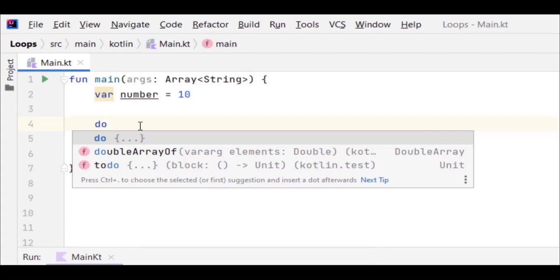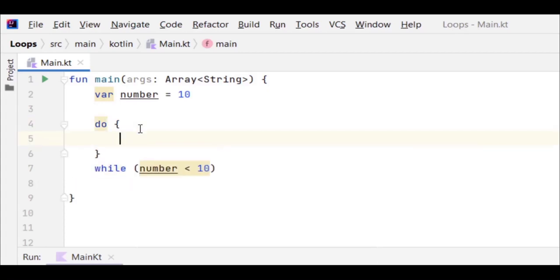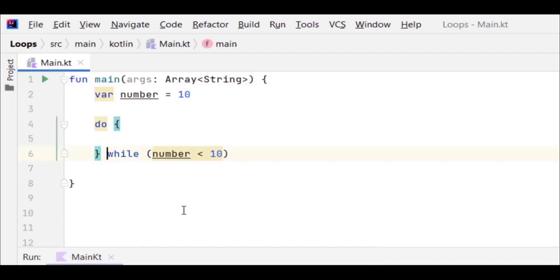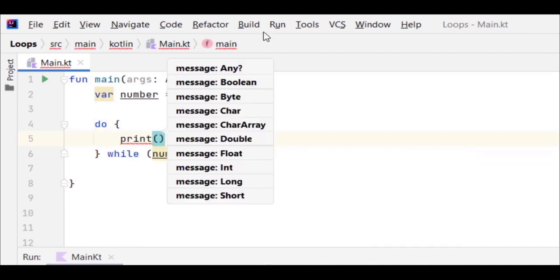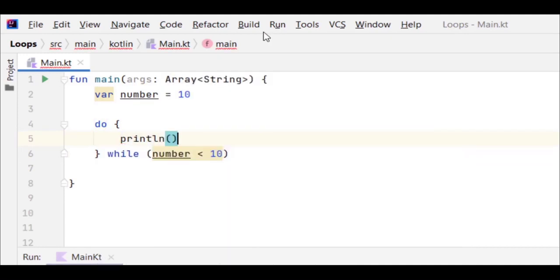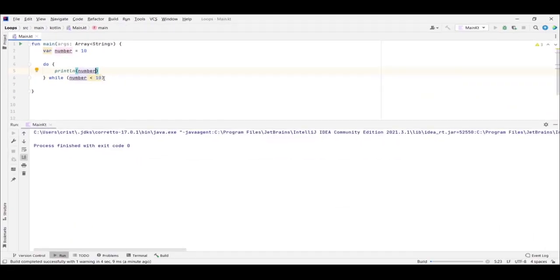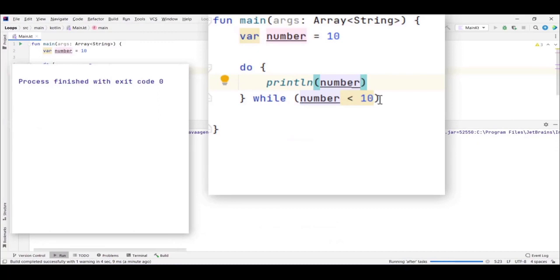And to use a do while loop, you put here a do, press enter to add the curly braces, and we put our while at the end of our enclosing curly brace of our do. And here inside the curly brace, I'm gonna put our println function, and I'm gonna output the value of our variable number. So now if you run this, now we get 10, because this